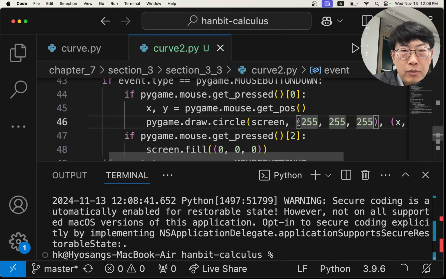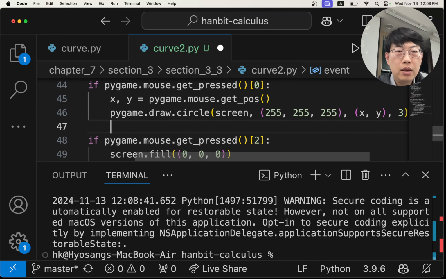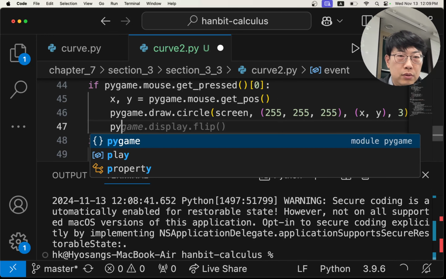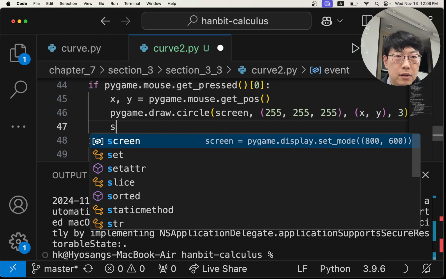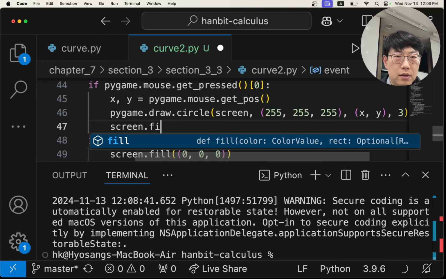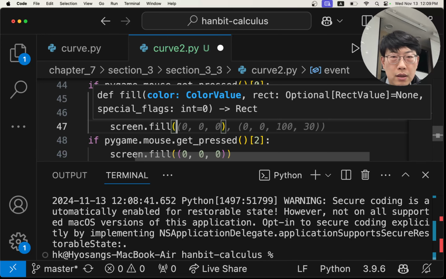So when I press the left mouse button to make a new curve drawing, I'm going to fill the black